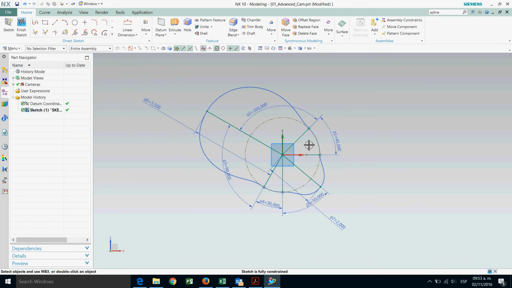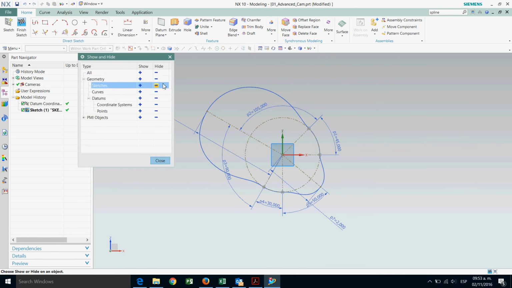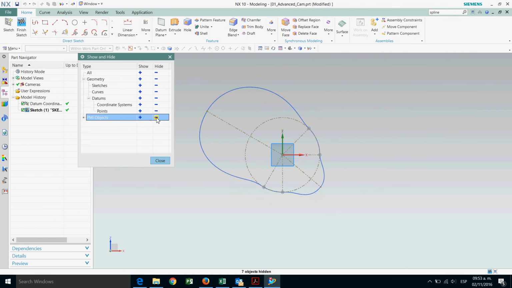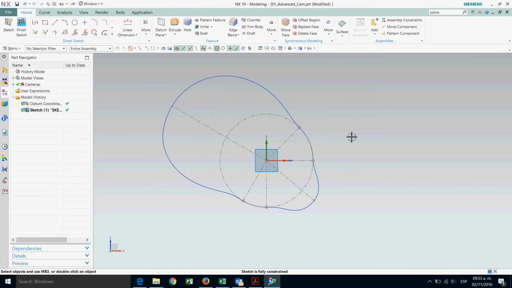Okay, and then all of them will be converted to reference. Okay, we can hide all the PMI objects. Then you can have all the sections you used to create